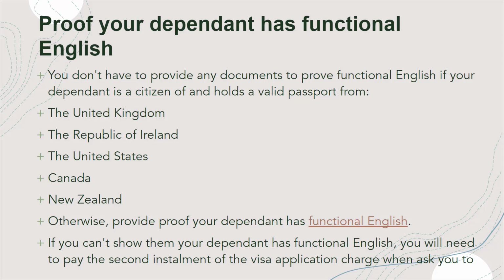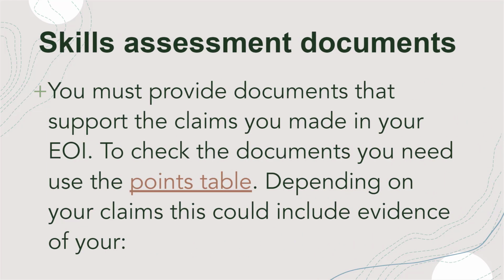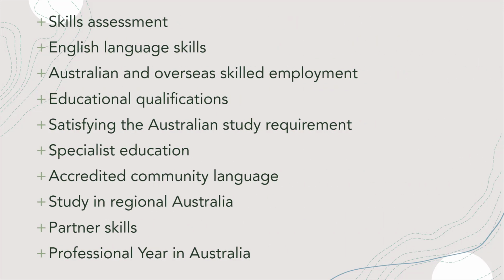If you can't show us your dependent has functional English, you will need to pay the second installment of the visa application charge when they ask you to. You must provide documents that support the claims you made in your EOI. To check the documents you need, use the points table. Depending on your claims, this could include evidence of your skills assessment, English language skills, Australian and/or overseas skilled employment, educational qualifications, satisfying the Australian study requirement, specialist education, accredited community language, study in regional Australia, partner skills, professional year